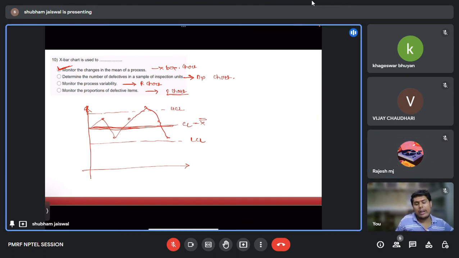For attributes in your syllabus, we are talking about 4 charts, and for variables we are talking about 2 charts. The attribute charts are the P chart, C chart, U chart, and NP chart. For variables, there are 2 charts, the X bar and R chart. So in total, there are 6 charts in your